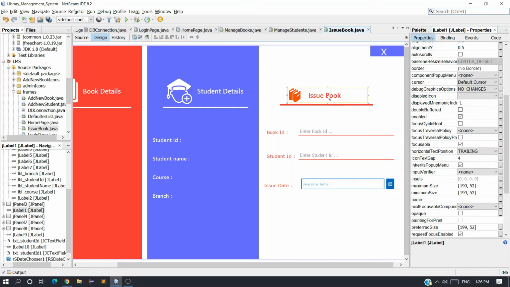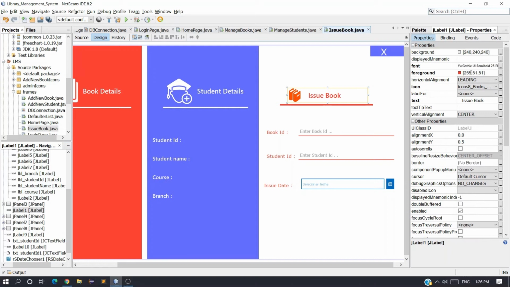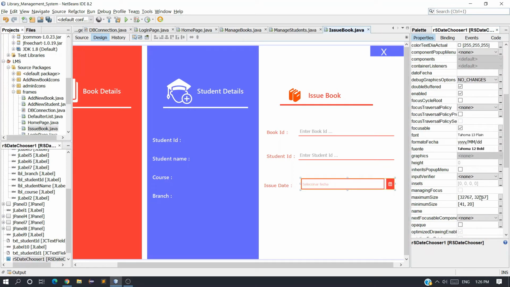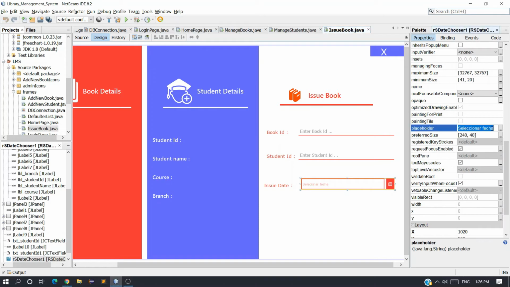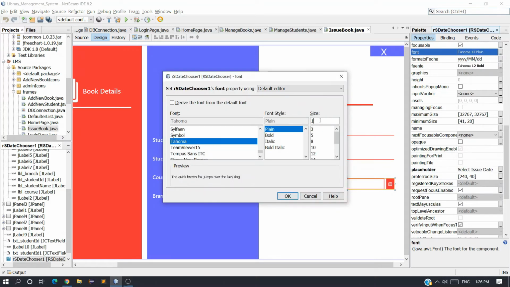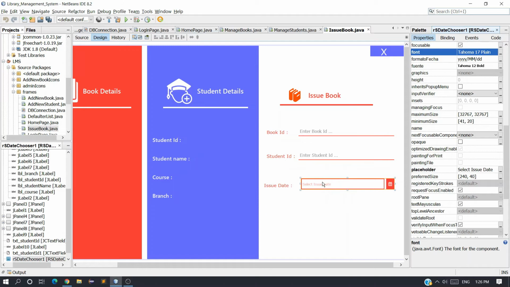So I want to take this color, so copy this color which is reddish and select this and change the color background and also the color foreground. Now also change the placeholder. So you can see placeholder, this one, select issue date and change the font also. You can see font is this one, so I want to make it as 17, not 613, 17.